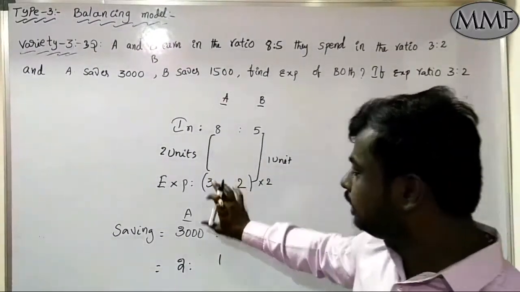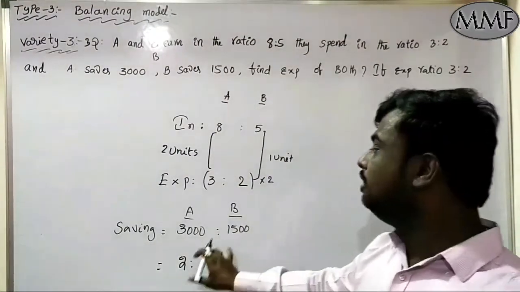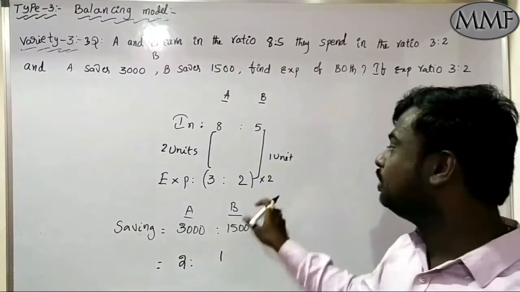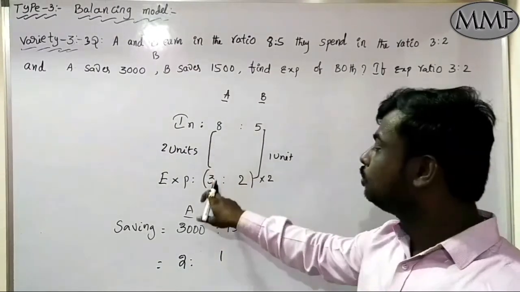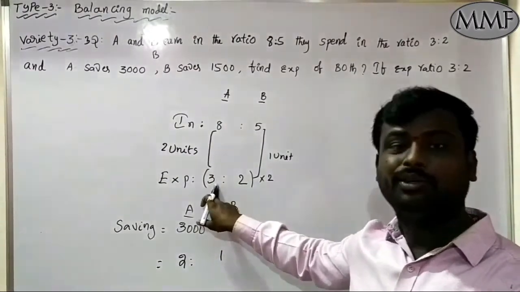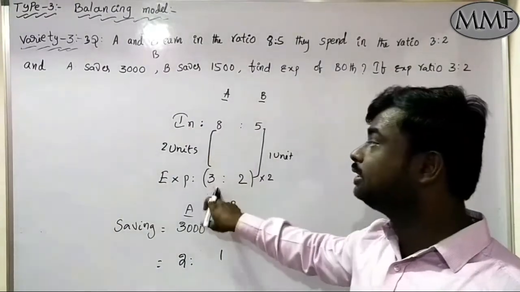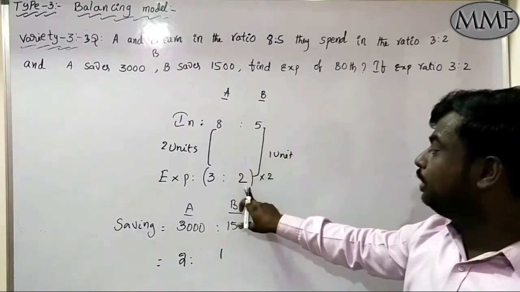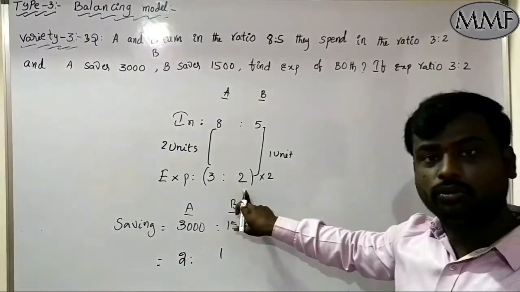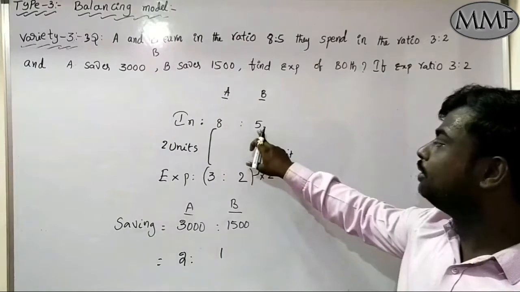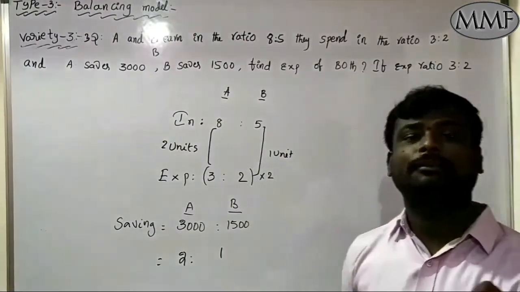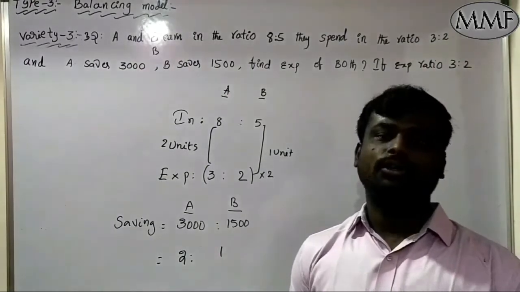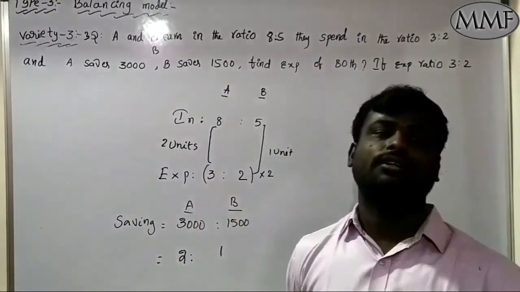So if you want to keep the saving ratio constant, which number you should multiply by is the very important thing. How am I multiplying with 2? Here 8 is there. To get 6, which number do we multiply with 3? 8 minus 6, how much will it become? 2. So constant, okay. Then for 5, here 2 is there. Which number should you multiply with 2 to get a gap of 1? Very simple. That's why I am multiplying by the constant number 2. Like this, if you get the saving ratio, you can solve all these questions within a fraction of seconds.